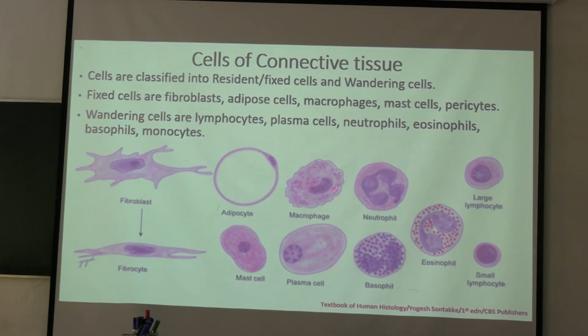And here you can see the mast cell nucleus and eosinophilic granules are there. Here is the macrophage, kidney-shaped nucleus, and both types of granules are there, basophilic and eosinophilic. Neutrophil, this is neutrophil. The nucleus is lobed, 3 or 4 lobes of nucleus are there, and also some eosinophilic granules are present. Here is the plasma cell. Plasma cell is developed from B lymphocytes, okay, and its nucleus shows cartwheel appearance. This appearance of nucleus is important for plasma cells, cartwheel appearance.